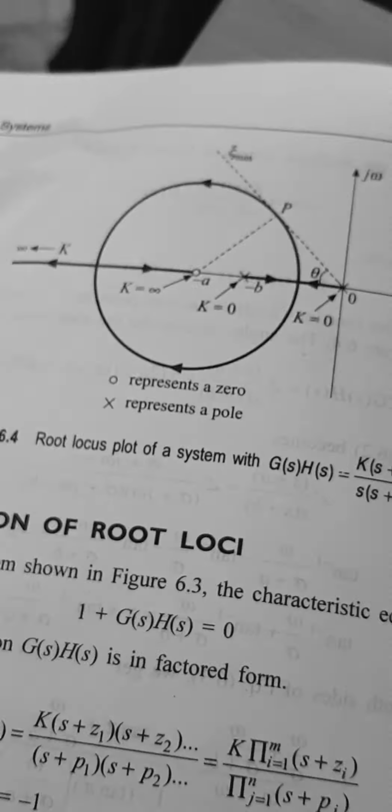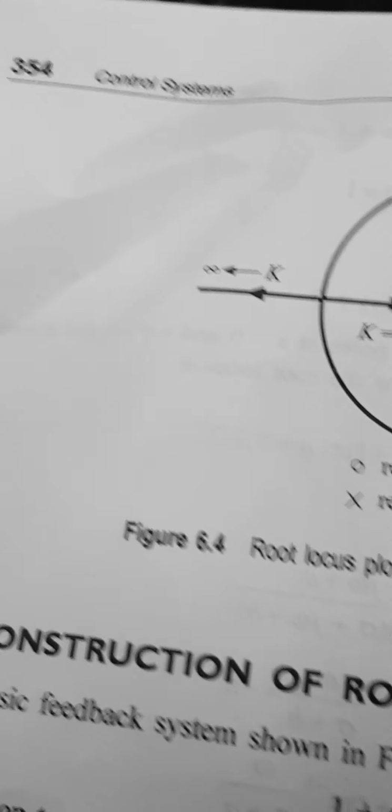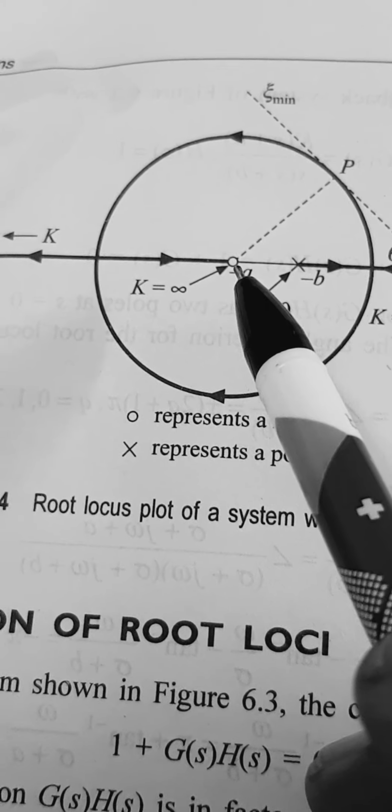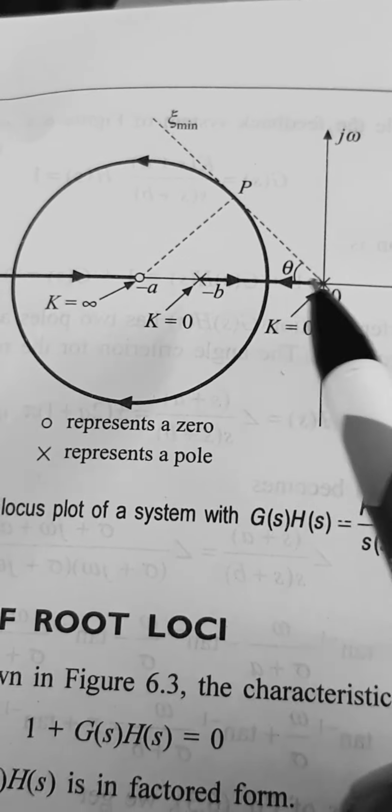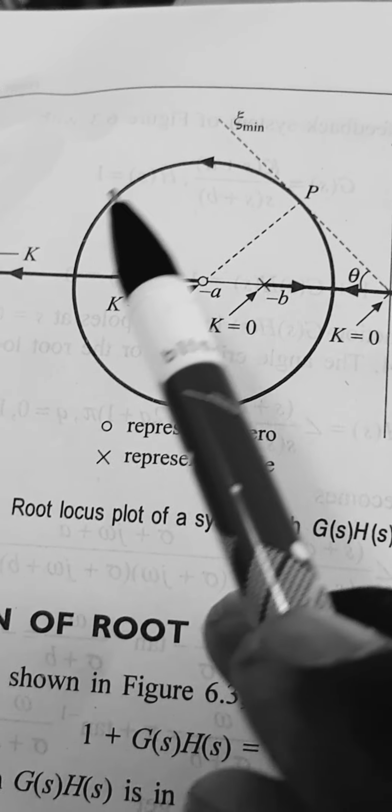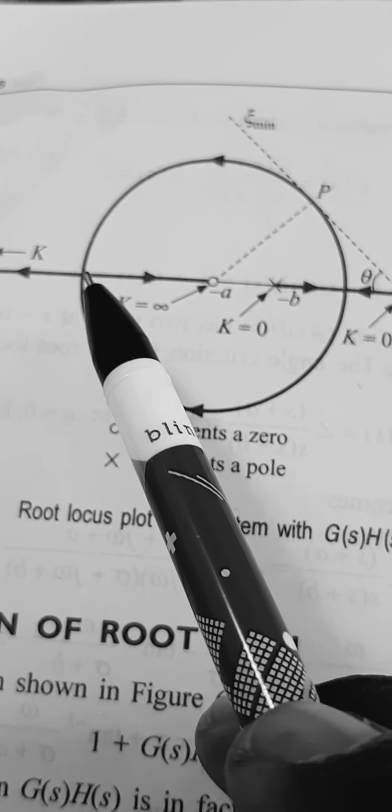So here there are no zeros. In some other cases, if there are two zeros, in this case, there is one zero here and two poles, another zero is at infinity. So here you know that the root locus is coming